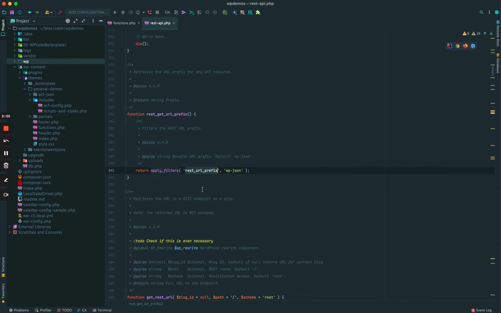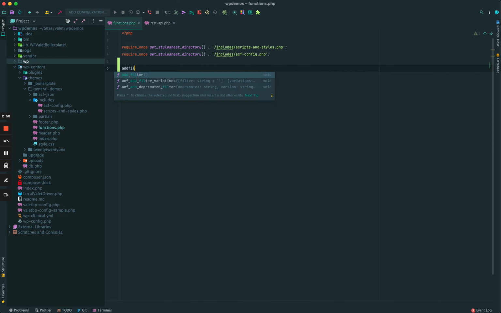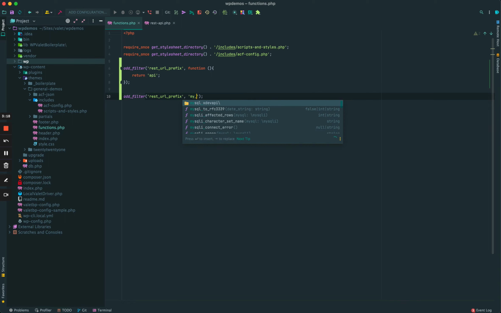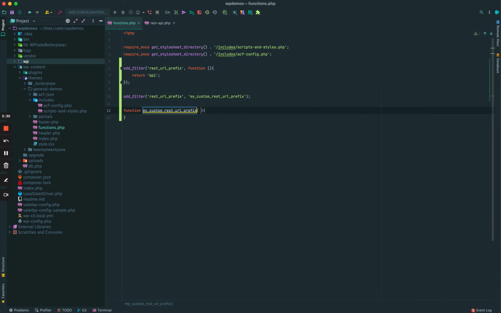So I'm going to copy this filter, come over to my functions.php file, and drop in this filter. I'm just going to use a lambda function here, not a named function, and I'm going to return api. You could, of course, if you really want to be particular, make a function called my_custom_rest_url_prefix. You could definitely go like this if you want to, but I'm just opting for the lambda form here,